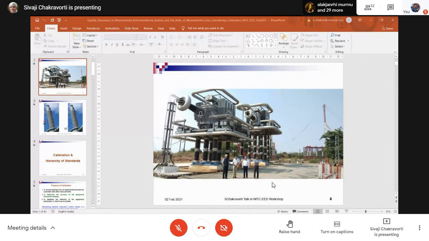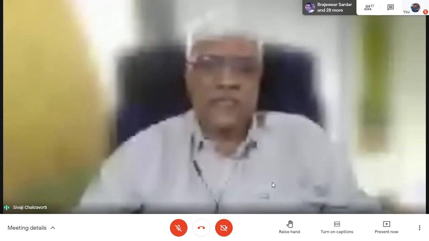So now, this is actually CPRI, Central Power Research Institute. Now here you can see these are two transformers. So they are in cascade connection. Cascade connection means they are connected in series. Then what happens? If the output is V, I get 2V as the output. Right? So in this case each one is 750 kV, so I get 1500 kV as the output. Right? Now there is a reason why I do this.